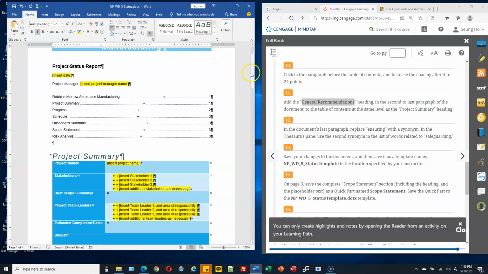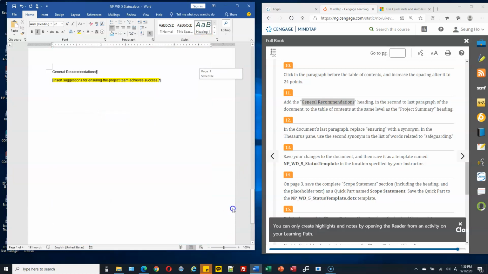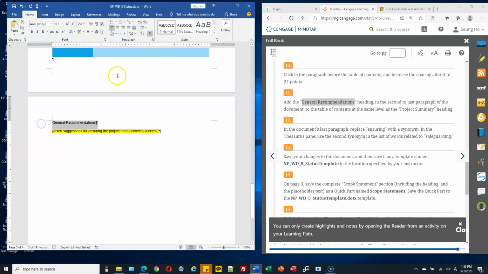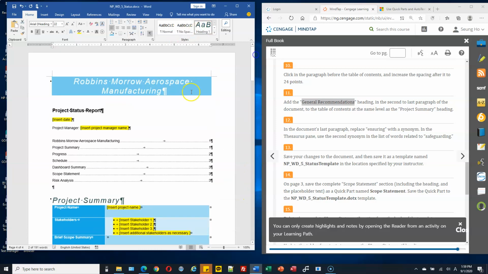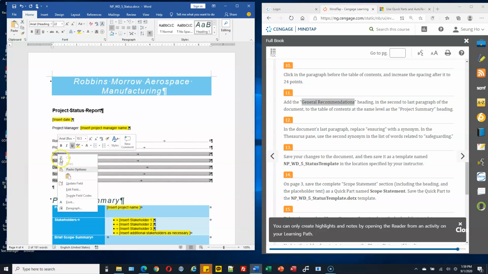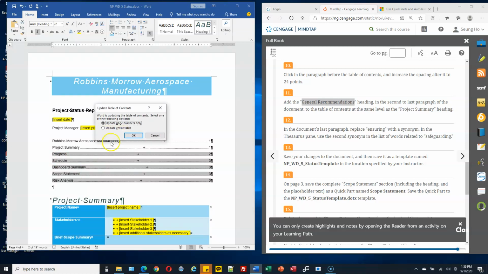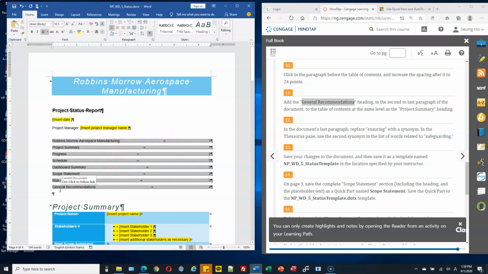So let's select this heading and apply heading 1 style, so that once you right click on the table of contents and update the field, the entire table is updated and the last line of the table of contents contains this heading.